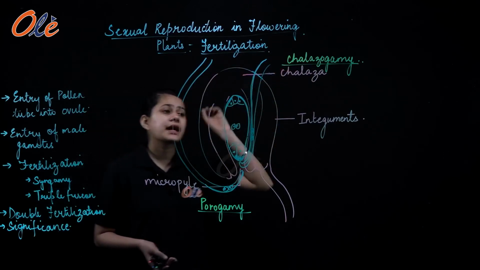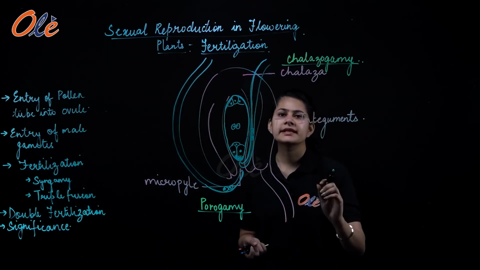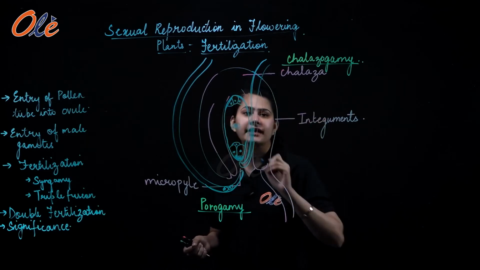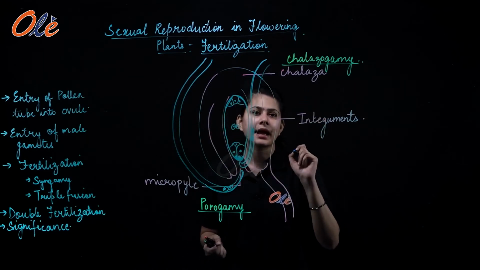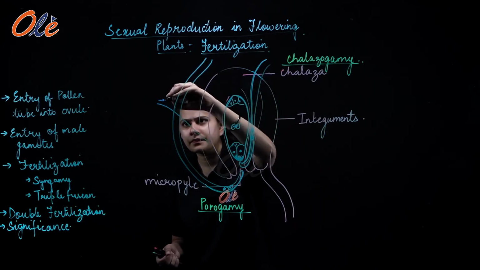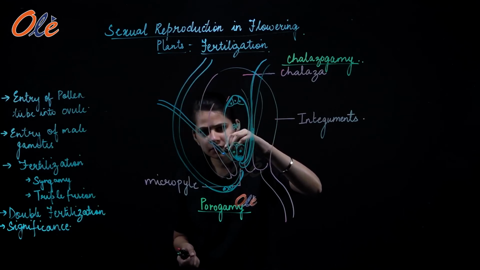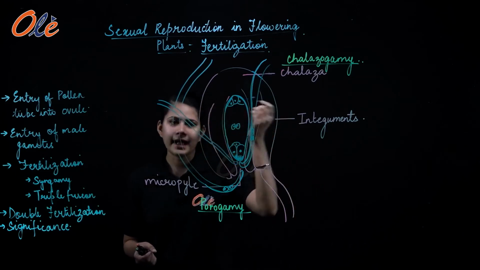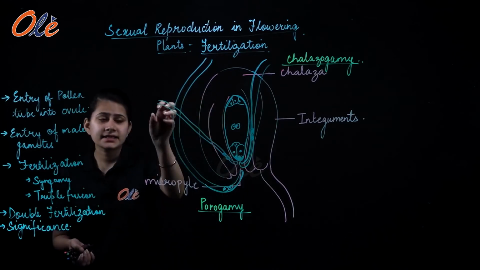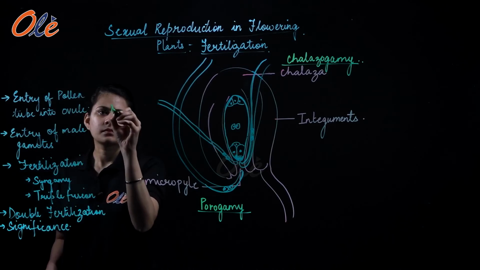Now there is another kind of entry that can happen in certain plants like cucurbits. Cucurbits में ऐसी kind की entry होती है in which the pollen tube enters through the integuments. Again, it has to reach the egg apparatus, right? So it will enter through one of the integuments and then it will move further to reach the egg apparatus, again carrying the male gametes with it. And this kind of entry from the integuments is known as mesogamy.